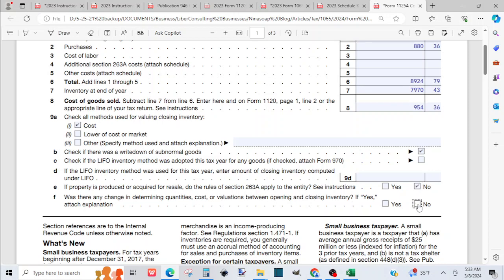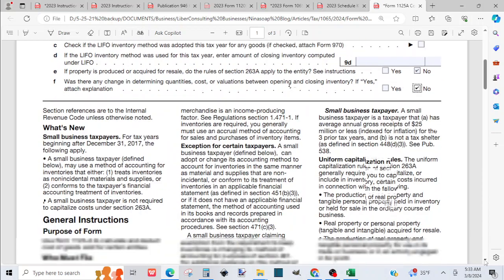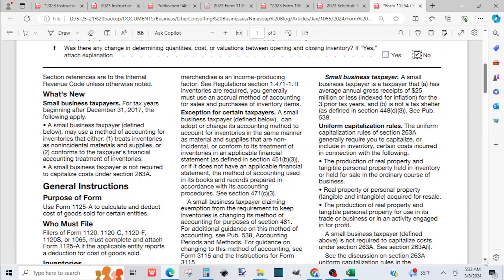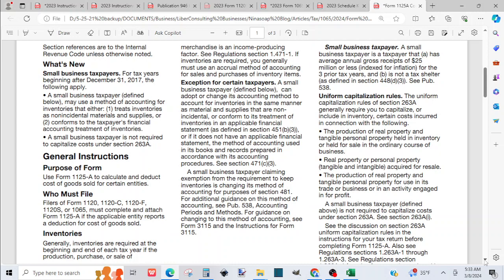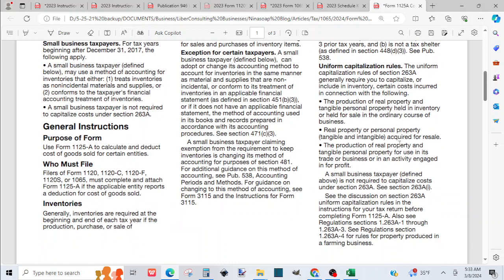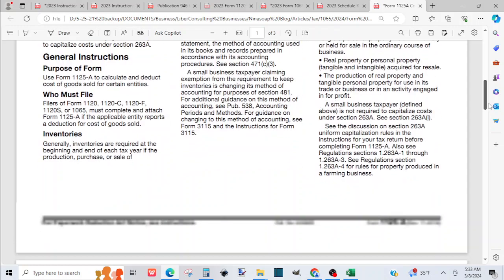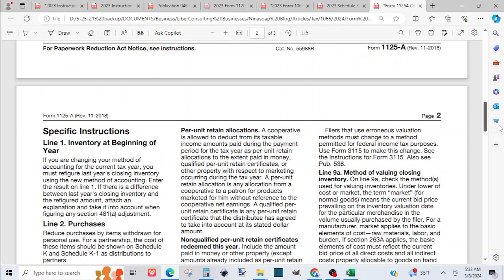I'm just going to say no, but if you say yes, then you have an attachment to add to explain it. But then you can just see the information that they have below, but I'm not going to go too much into that. But yeah,